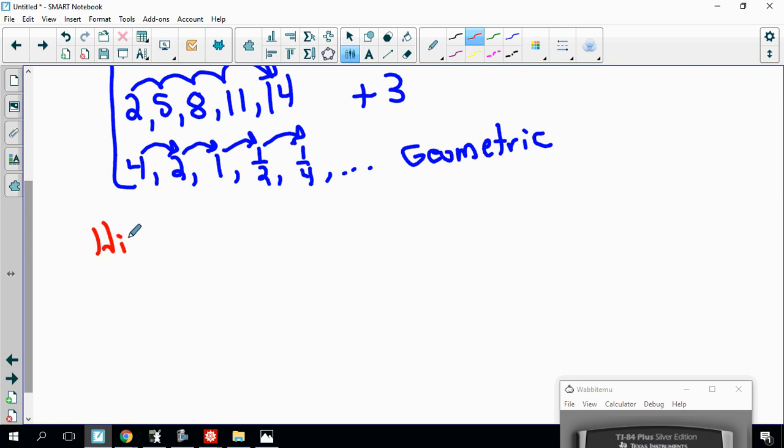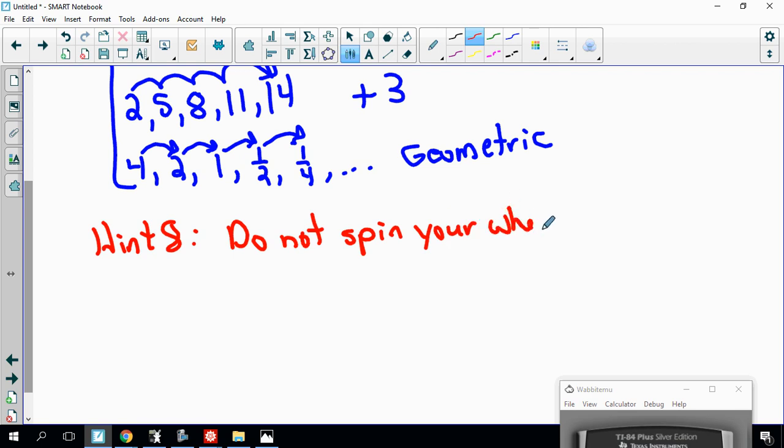Finally, hint 8. Maybe the biggest difference between you and me: do not spin your wheels. What I do is, I can only work the problem for so long. Sometimes I get obsessed, yes, and I'm pretty confident because I've got good math skill. But